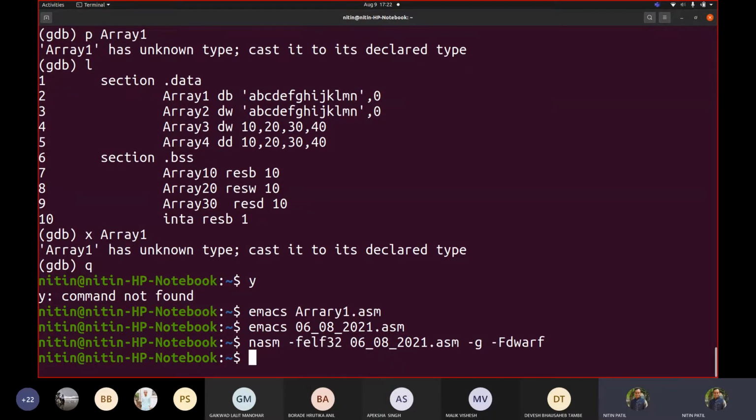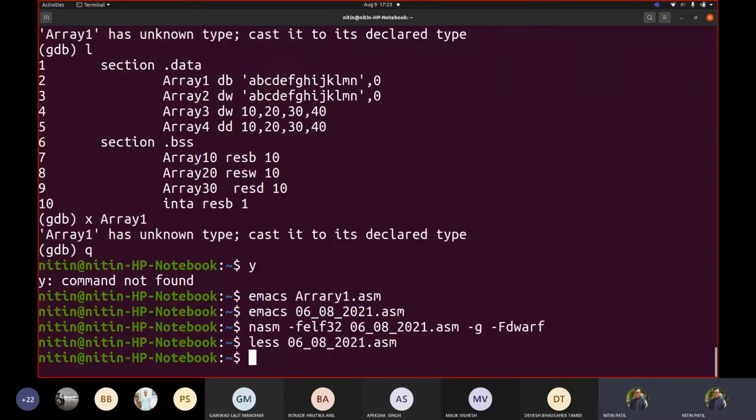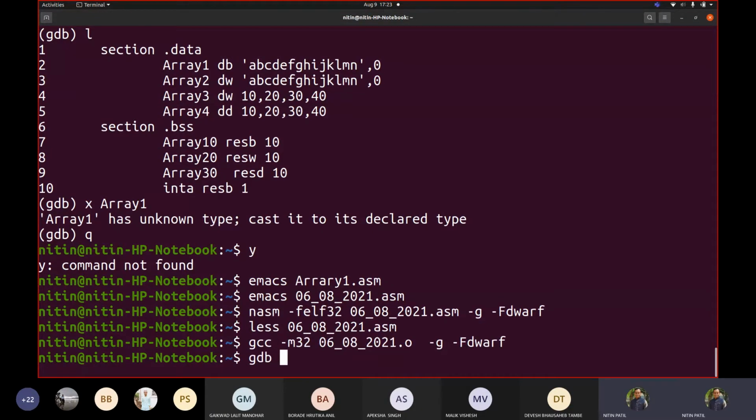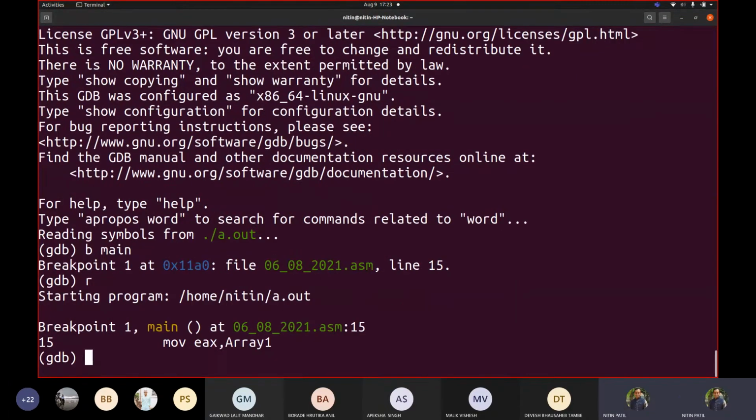I made a change, let me show you what I did. If you see what I did, I moved array 1. Whenever it is without square brackets, that means you are passing an address. Fine. So let us link the code, and let us say gdb ./a.out. Okay. Now let us set a breakpoint. Run.